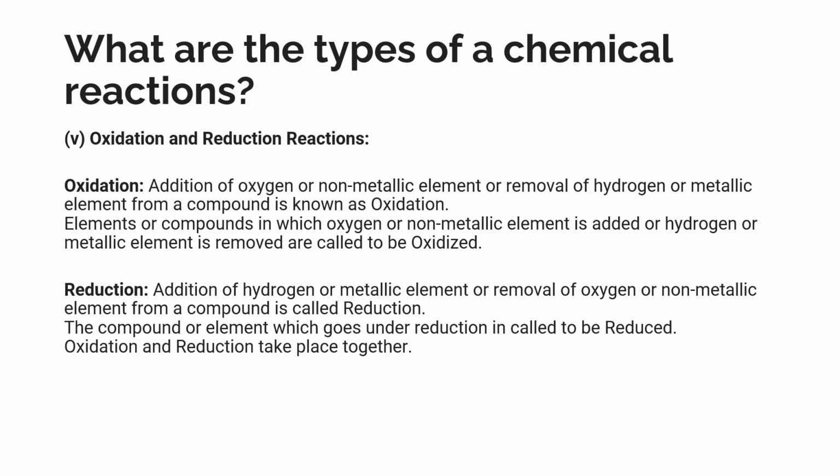The fifth type of chemical reaction is oxidation and reduction reaction. So let's look at what is oxidation. Addition of oxygen or a non-metallic element, or removal of hydrogen or a metallic element from a compound is known as oxidation. Elements or compounds in which oxygen or a non-metallic element is added or hydrogen or a metallic element is removed are said to be oxidized. And reduction,